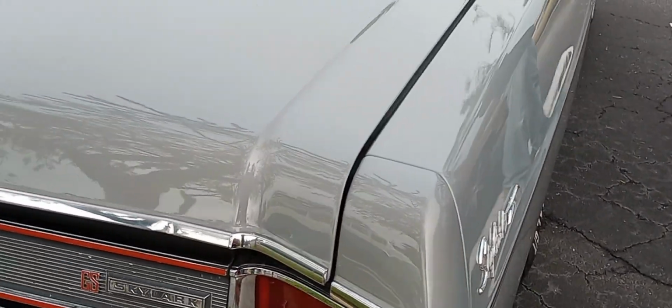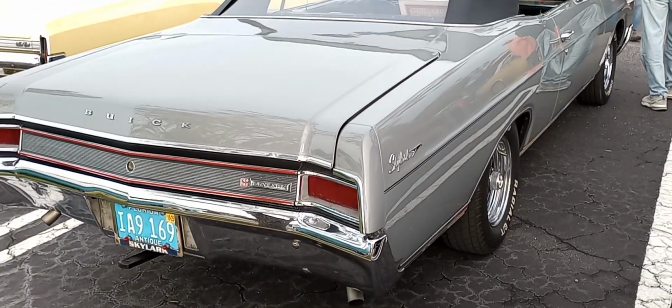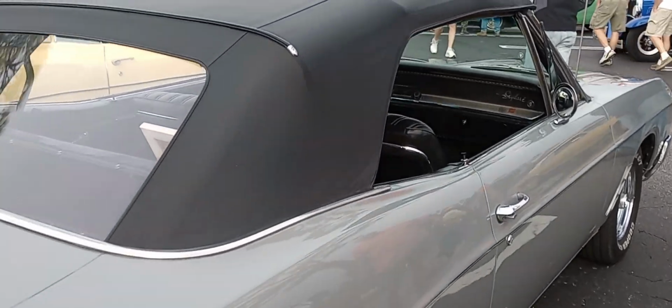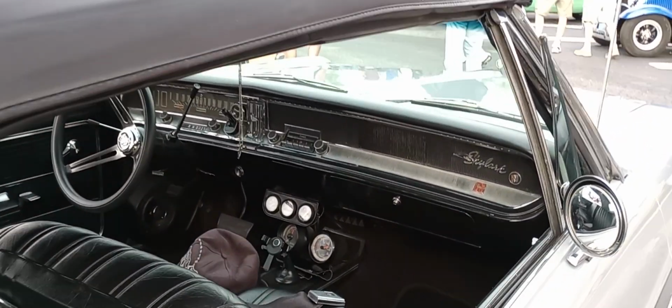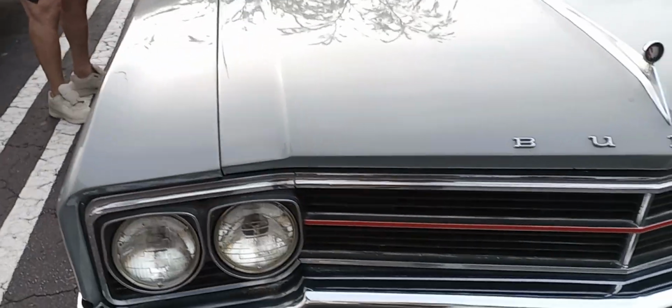'66 Skylark convertible. It was his dad's car. He's had it for many years. It's got the little 340 Nailhead in it. So we always joke that it's got a Mopar 340 in it, but it's a Buick 340. Not a 350, but a 340 because of the heads, the nailhead, and that's what makes it a beautiful